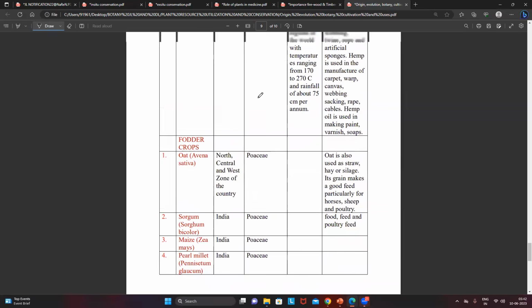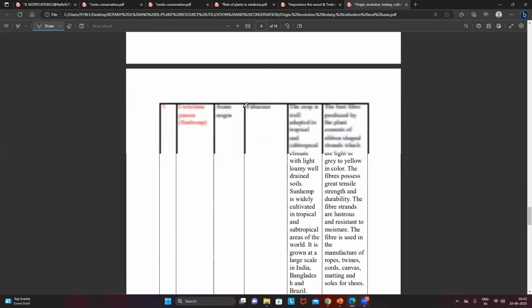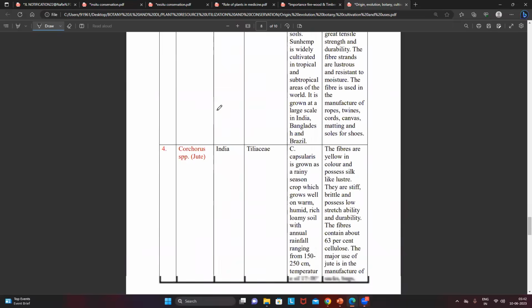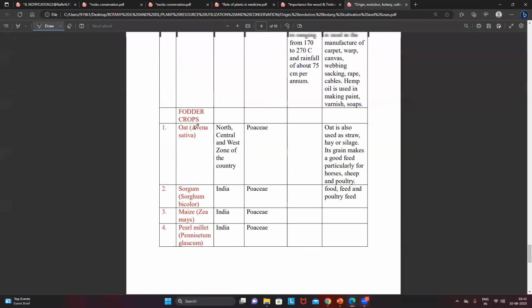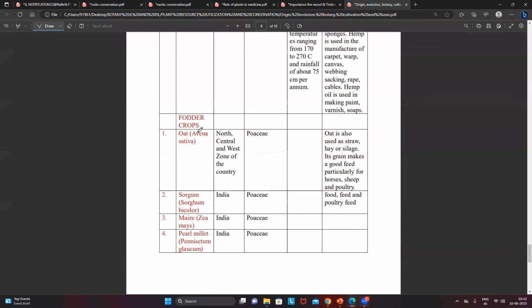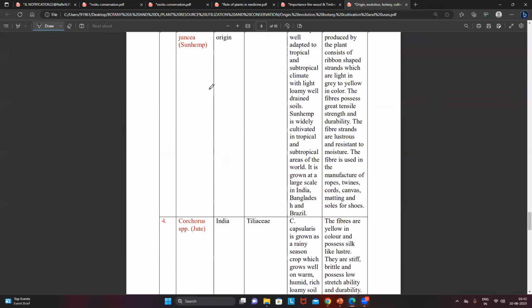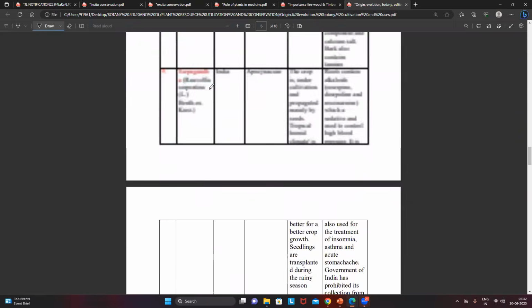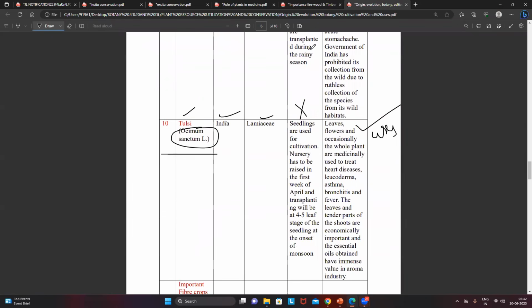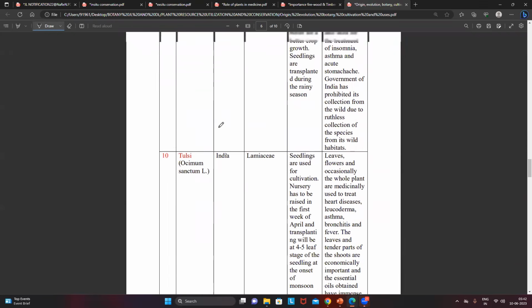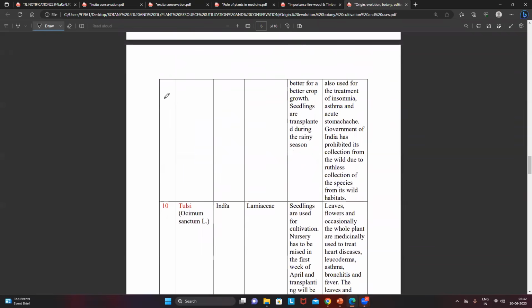So what I want you to do is, from all these, from aromatic medicinal plants, food and fodder crops, and oils, whatever questions were asked in the previous exams, please keep posting the same questions. So what is your job? Once you take the study material, all the students remember, throughout the syllabus,